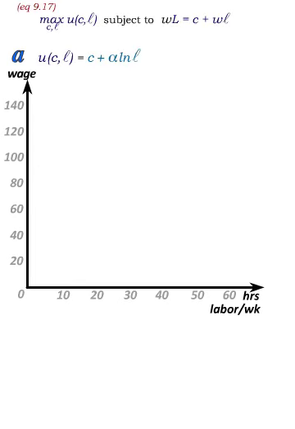We begin in panel A with a utility function that's quasi-linear in leisure, the utility function C plus alpha natural log of leisure, and we'll solve the maximization problem that maximizes utility using consumption and leisure subject to the worker's budget constraint. This gives us the leisure demand and consumption demand functions that are reported in equation 9.20 of the text. Leisure is equal to alpha divided by W, and consumption is equal to W times the leisure endowment minus